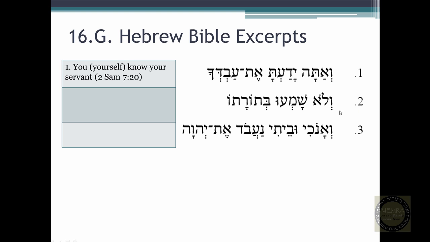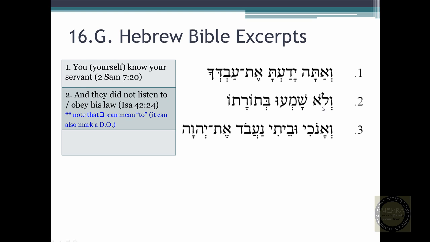Number 2, velo shameu betorato. We have our conjunction, negator, and then we have a verb form. No prefix, so this is a cal perfect form. And then we have preposition, noun, and suffix. So, and they did not listen, or did not hear, did not obey